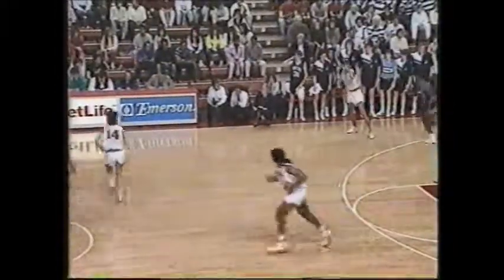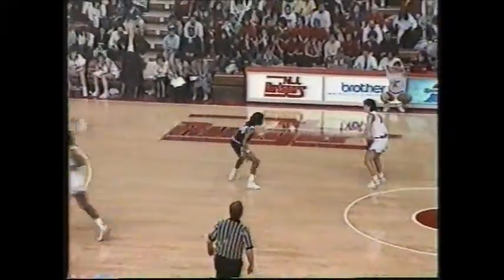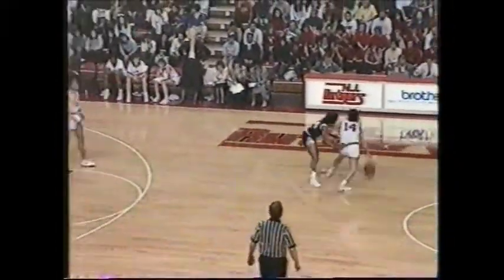Inbound to Ust. Right side, they go inside Johnson, but it's knocked away by Robinson. Good outlet pass to Garner, who races down the court and scores. And although I'm not the greatest statistician in the world, I have a nice statistician, Tom Sharkey, sitting next to me. But if I recall, that's 4 straight times to Garner down the floor, 4 straight shots for her. 41-24,